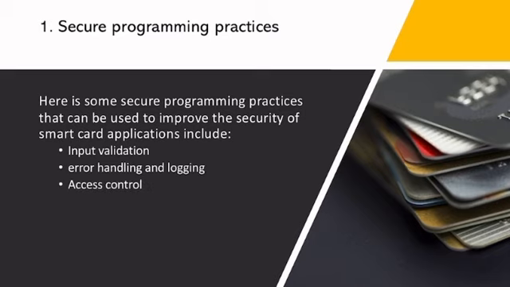Access control. Access control involves limiting the access to the resources or functions within an application to authorized users or devices. This can help to prevent unauthorized access or manipulation of the data or functions. Encryption. Data encryption can help protect it from being accessed or compromised by other parties. Finally, secure coding practices. There are several secure coding practices that developers can follow to help ensure the security of an application,